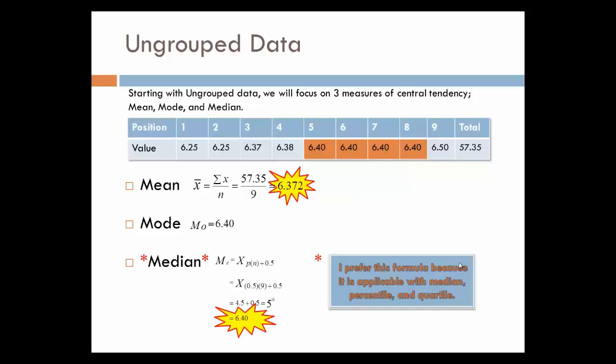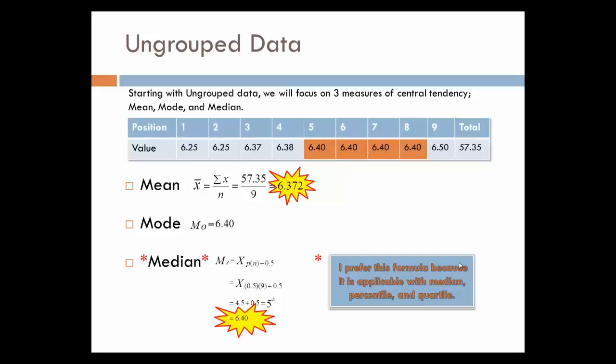So since we have ranked the data, you must rank the data from the smallest to the highest. We simply count it. If we count, we're going to see 6.25 in position 1, 6.25 in position 2, 6.37 in position 3, and 6.38 in position 4, and 6.4 in position 5. You can see we get our